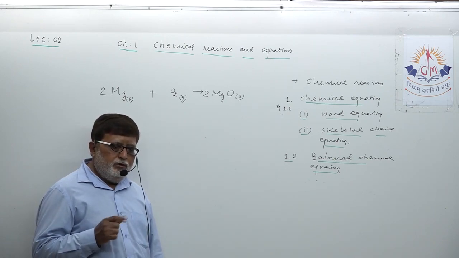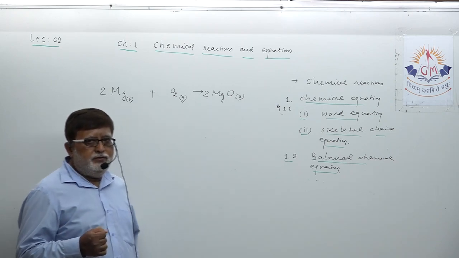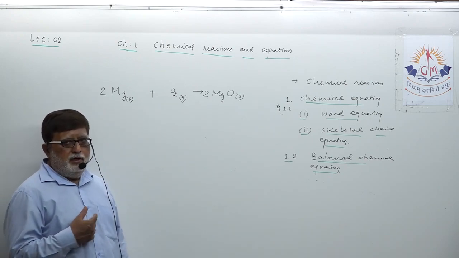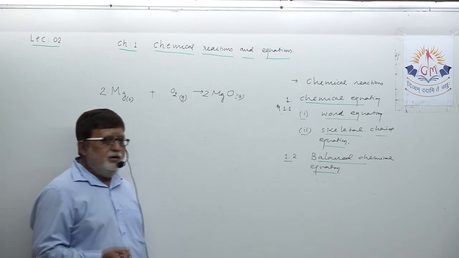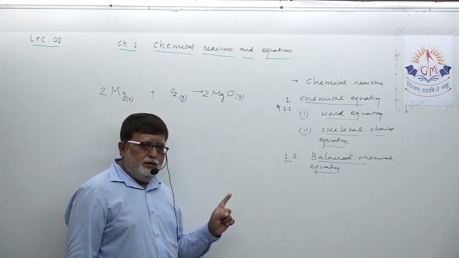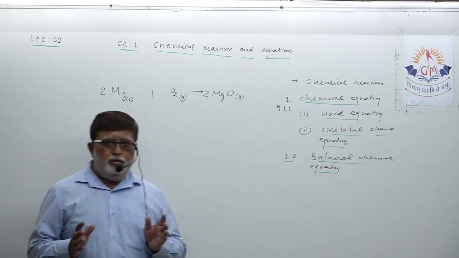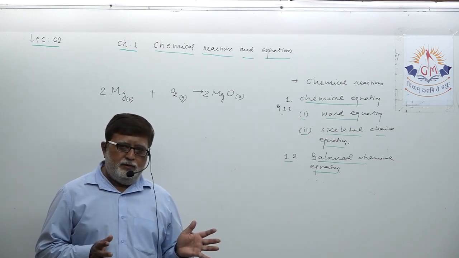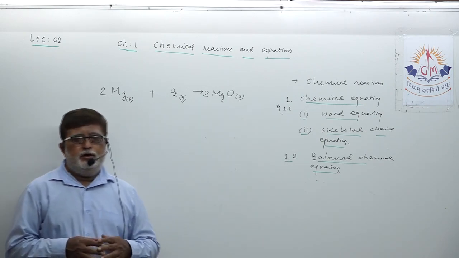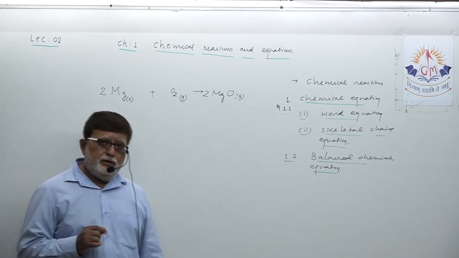Understand that one more question I will give in SLP. Though it is not mentioned in our section, I will give one SLP question at the end of the lecture. Balanced chemical equation: you understood that in any chemical equation, when the number of atoms of all elements are equalized on both sides of the equation, that is known as a balanced chemical equation. Why?